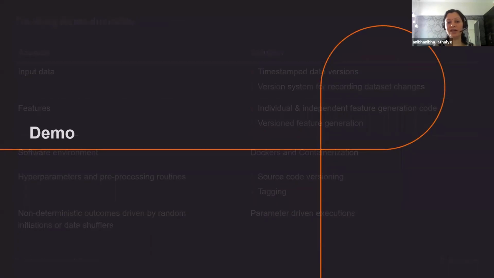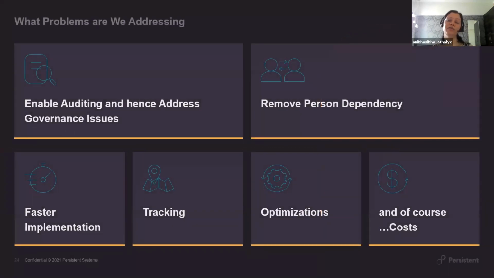So that brings me to the last part, of why we are doing this. What problems are we addressing using reproducibility? So the very first one, from both research and ML in industry, is that having a tracking server, an experimentation tracking and monitoring tool, actually allows you to enable auditing. As we saw, looking at a specific version of a model in a specific environment, you are able to go back all the way to the specific iteration.